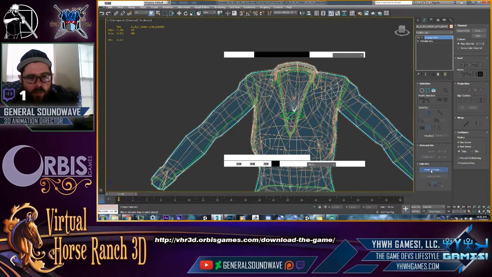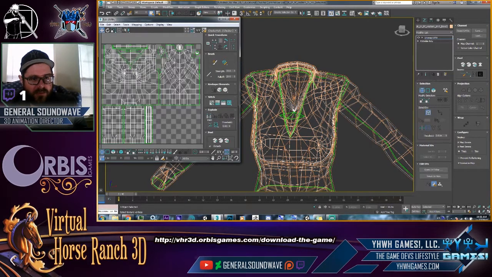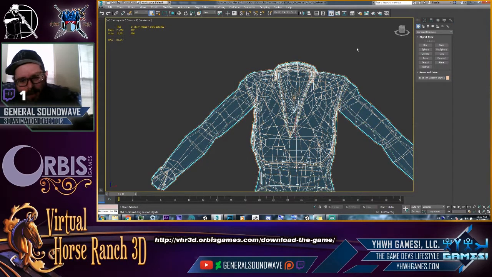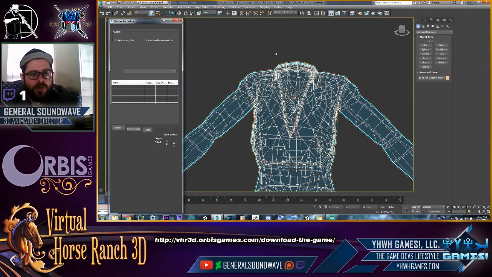If I go ahead and open this up, as you can see, this is our unwrap, and we're going to take the high resolution 1024 by 1024 flannel and transfer or project all of that data into this UV set. That's what we're going to do. So we're going to take this unwrap. How do we do that? We need 0 on the keyboard, or you can do rendering,